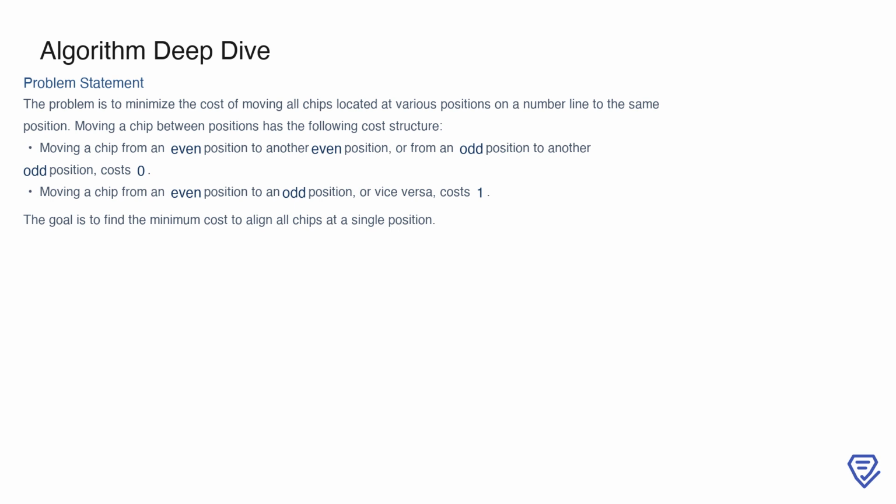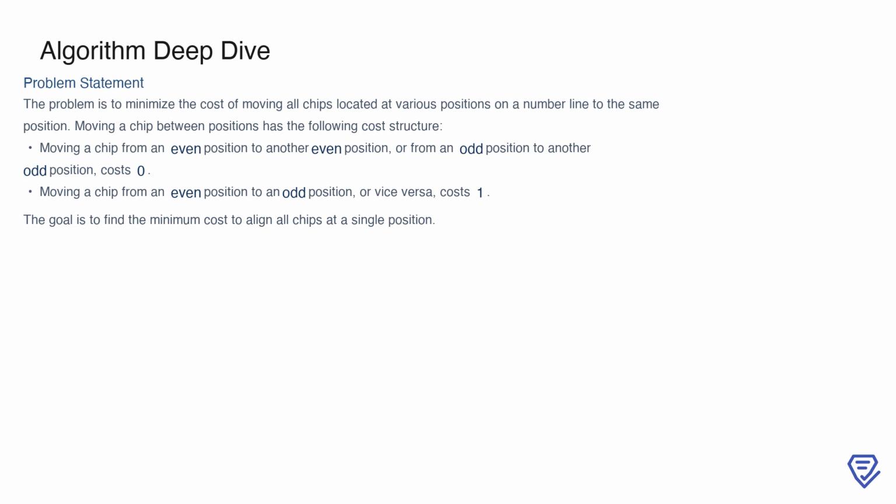The movement cost depends on the parity of the positions. If a chip moves between two positions of the same parity, meaning both are even or both are odd, the cost is 0. However, moving a chip between positions of different parities, such as from even to odd or from odd to even, incurs a cost of 1. Our goal is to determine the minimum cost required to align all chips at a single position, given these movement